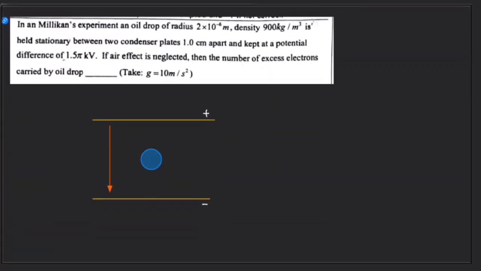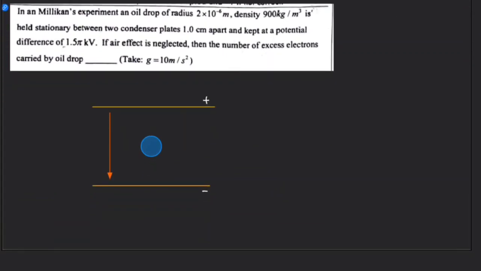Next one, this one. In Millikan's experiment, an oil drop of radius 2 into 10 power minus 6 meter, density is 900 kilogram per meter cube, is held stationary between the two condenser plates 1 centimeter apart and kept at a potential difference of 1.5 pi kilovolt. If air effect is neglected, then the number of excess electrons carried by the drop is, so it is